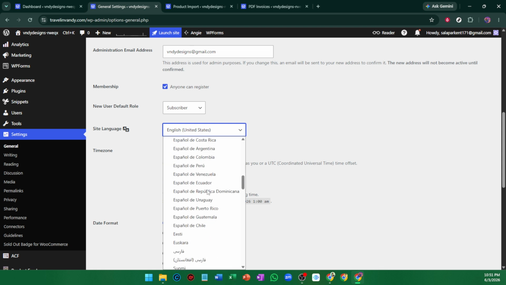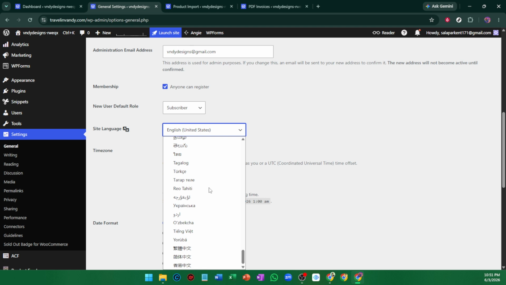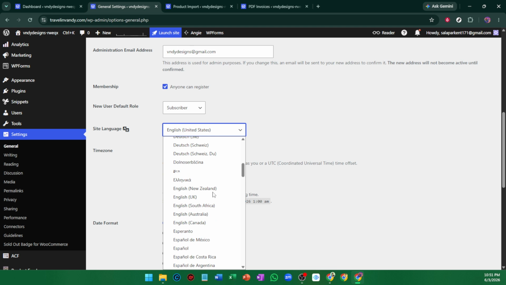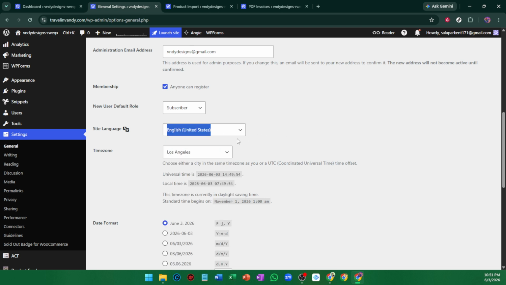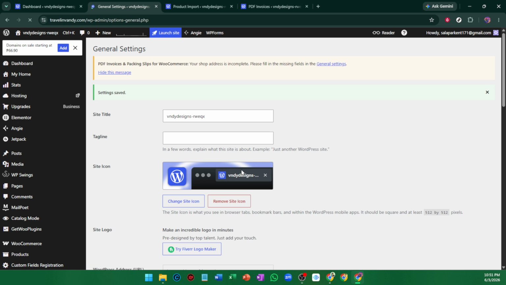After choosing your desired language, scroll all the way to the bottom of the page and click Save Changes. This is the step that applies the new language setting to your WordPress site. In many cases, you'll notice parts of the dashboard change right away. To make sure all the necessary language files are fully downloaded, the next thing you should do is go to Dashboard, then Updates. This area is important because sometimes WordPress needs to fetch the latest translation files after you switch